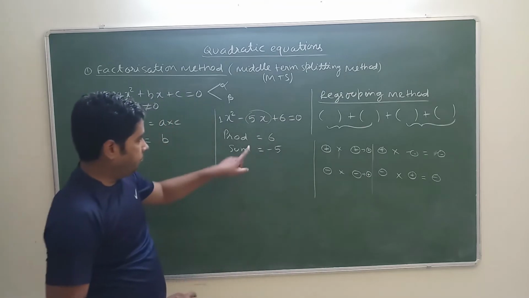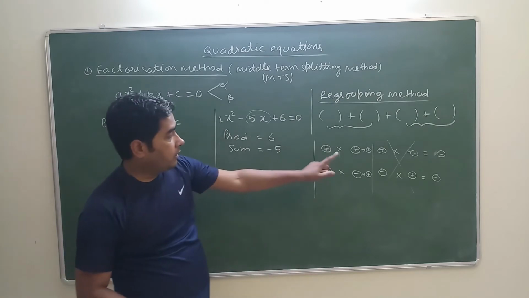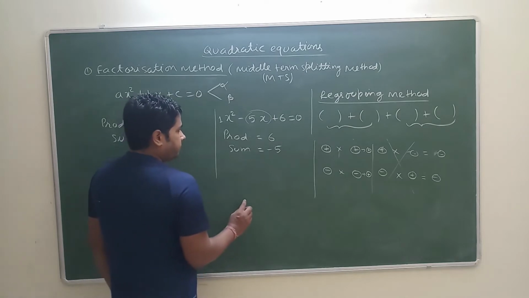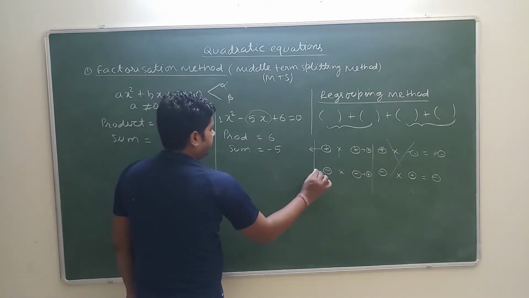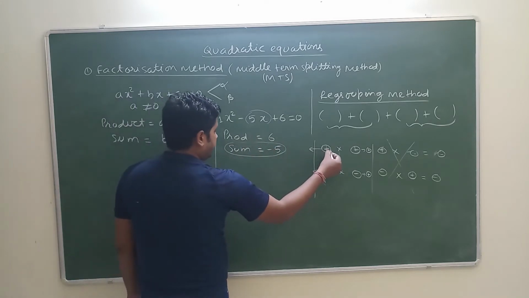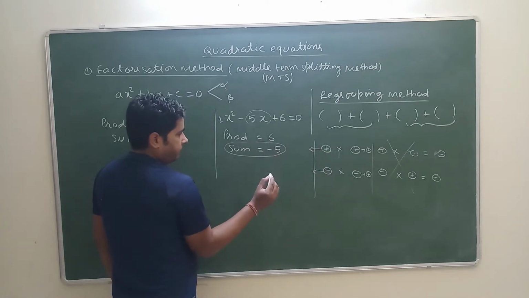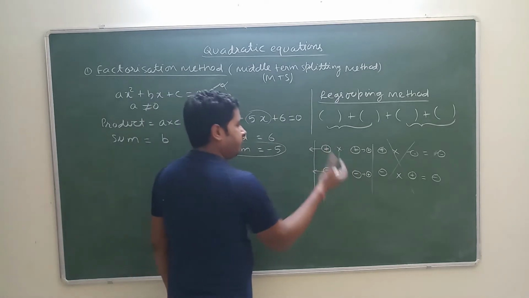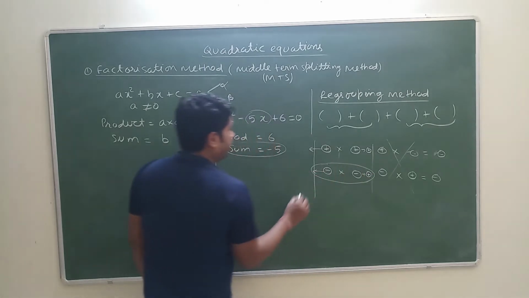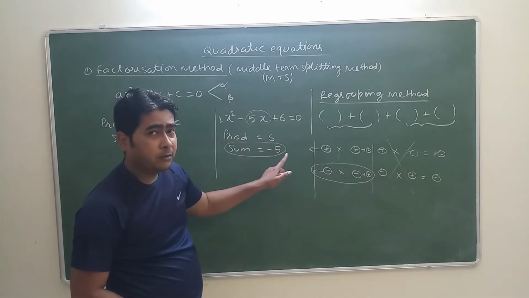So now the product is positive means this situation will not be applicable here, because one number positive and one number negative will give us a negative product. Now either it will be this or this. Now this sum will decide whether this is possible or not. Okay? So the sum is negative. Think about it. If 2 numbers are positive, can we get a negative sum? No, we can't. So only this situation is possible in which both numbers are negative, so that they have a positive product and a negative sum.